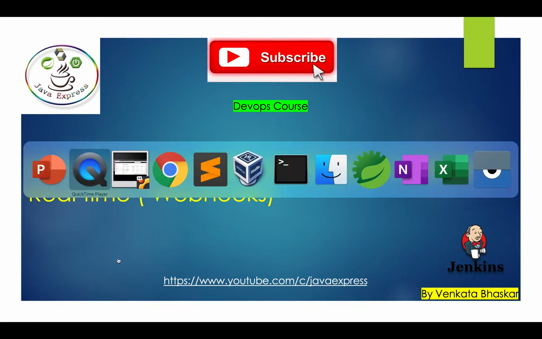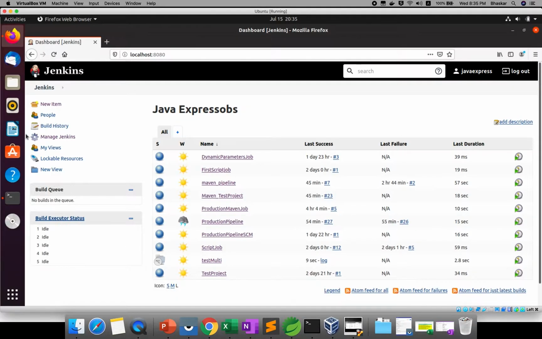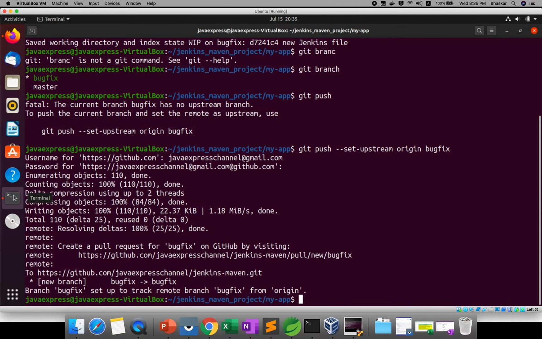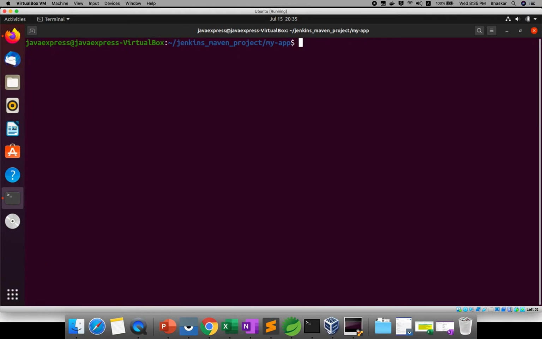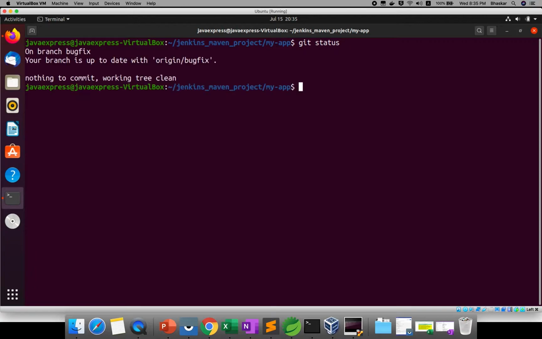Let me open my Ubuntu and go to the terminal. If you want to check the status of your files, you can use git status. If you want to see which branches are available in your local repository, you can use git branch.